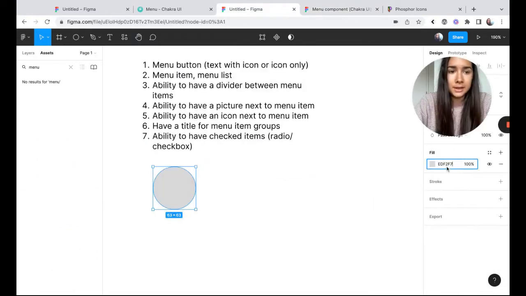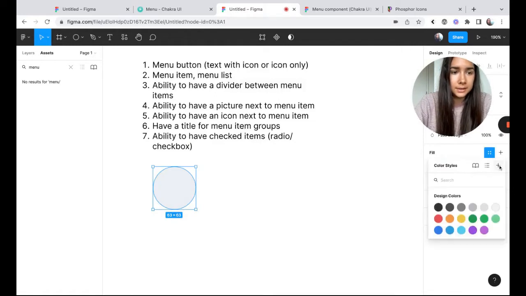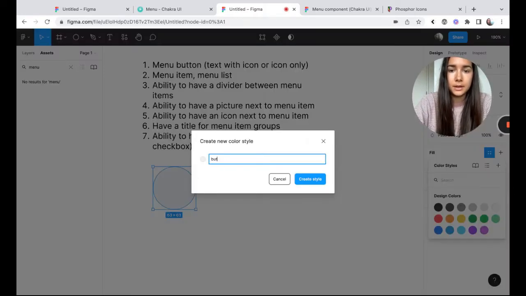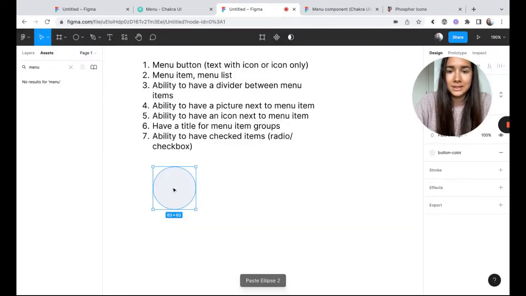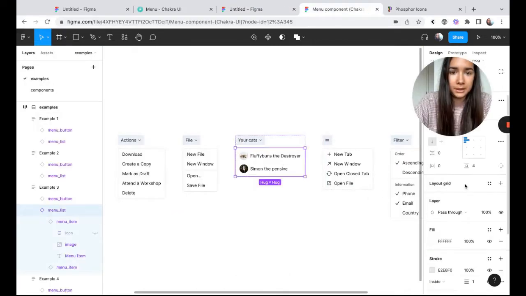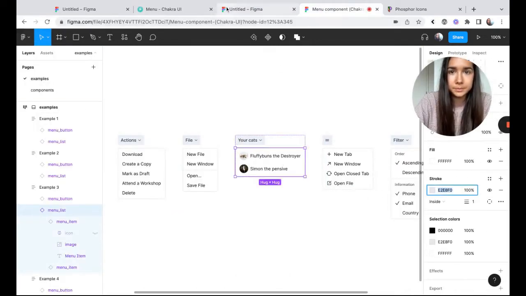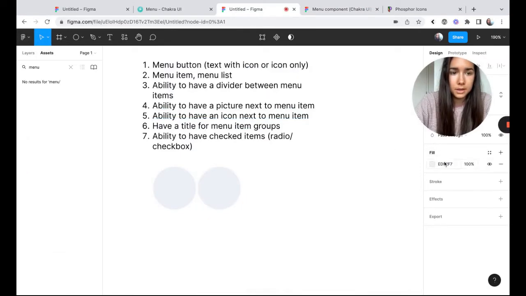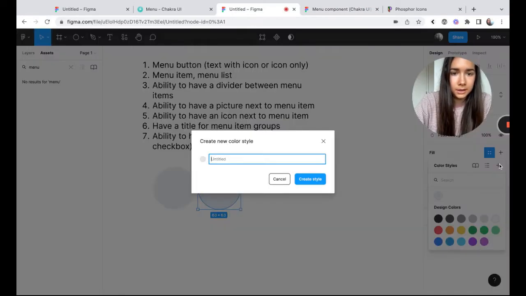So our first color is button color, button background. Our second one would be the stroke, just a little bit darker.